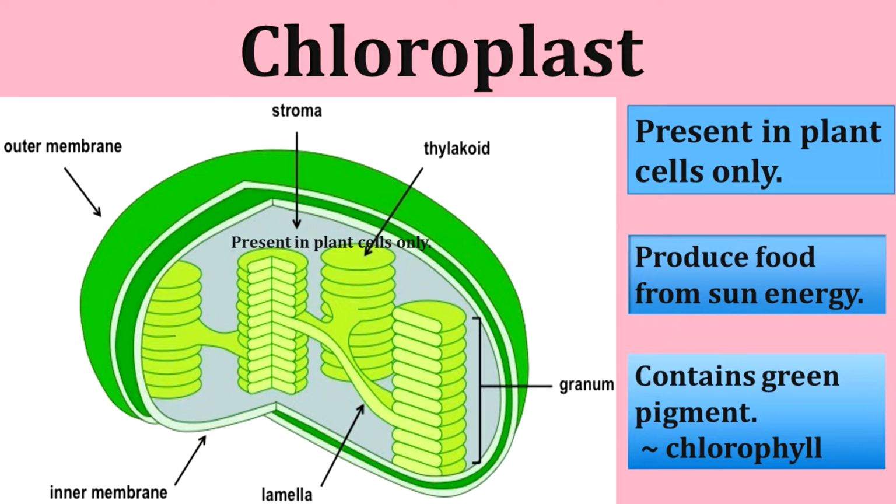We know that the plants have different colors of fruits and flowers. These colors are due to the presence of chromoplast. The various range of these plastids impart different colors to various parts of the plant. Chromoplast impart color to the flowers and fruits. As fruits ripen, the chloroplast is changed into chromoplast. Starch is converted into sugar. That is why when the fruit ripens, it is sweet in taste.